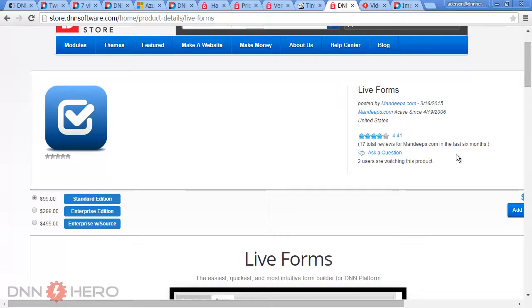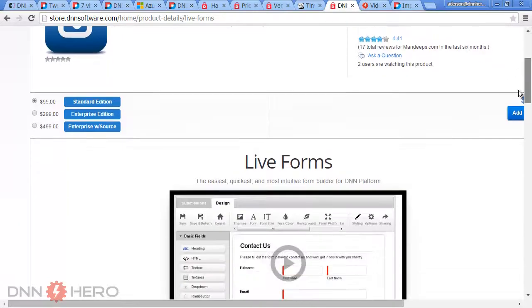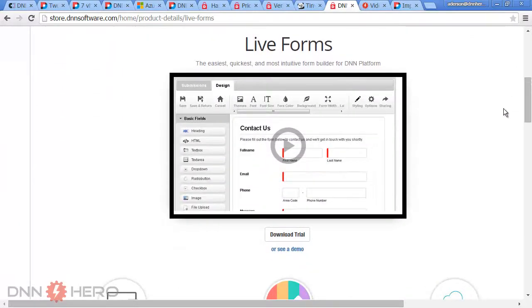I think it might be even version 1 of this module. But man, let me tell you, Scott, this is a form module that is very intuitive. Mandips has created a 20 minutes video on that form. It has so many features, but it's so well packaged, so well